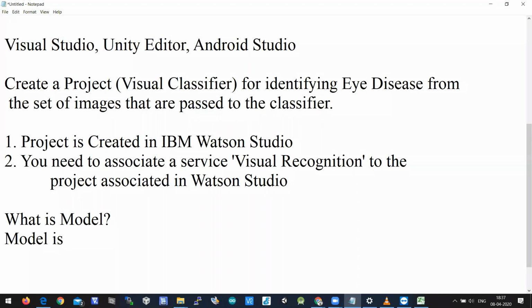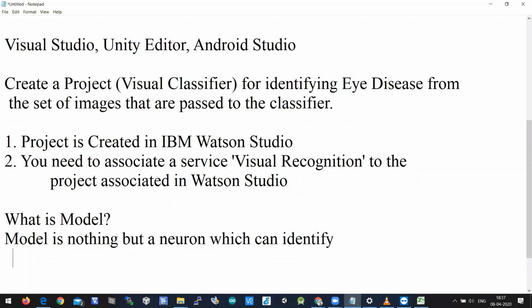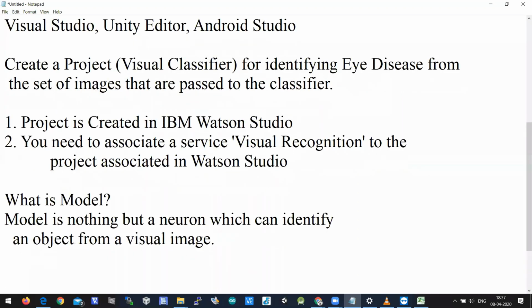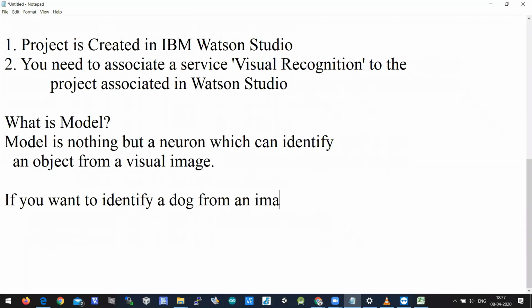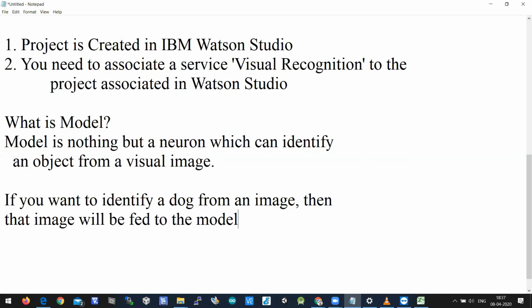A model is nothing but a neuron which can identify an object from a visual image. Say for example, if you want to identify a dog from an image, that image will be fed to the model.